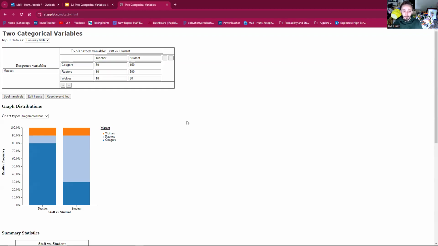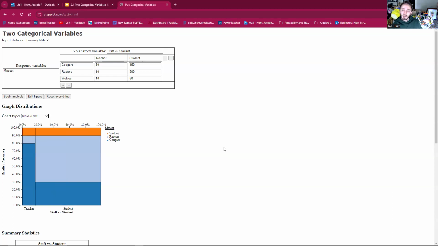We see a much more representative representation here. However, if you take a look at, say, the relative frequencies, you may notice that the results don't seem to be terrifically different. So the last visual display that we might take a look at is something called a mosaic